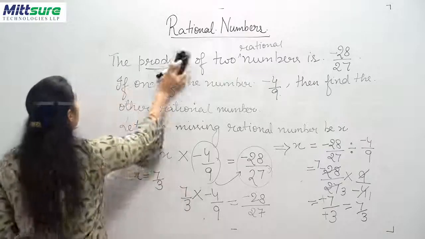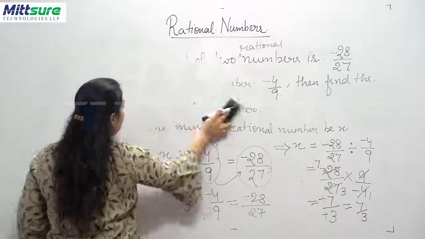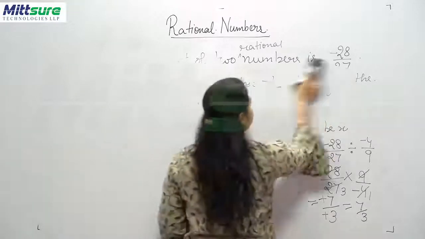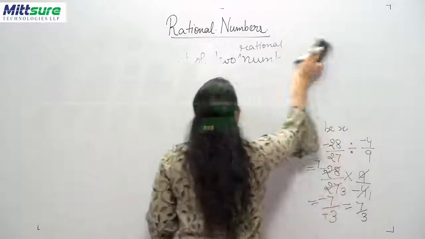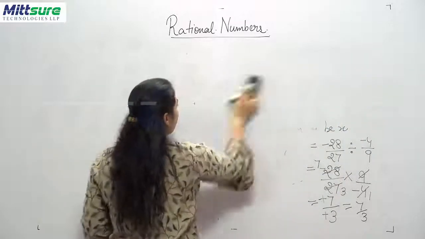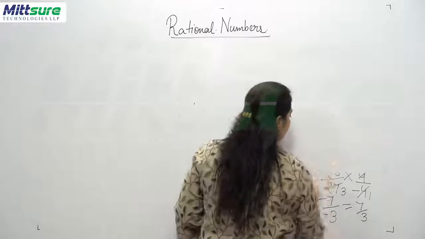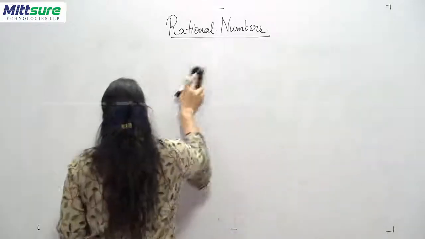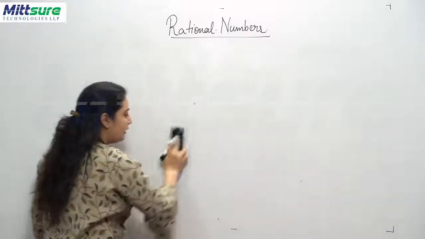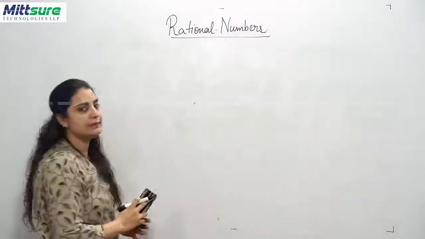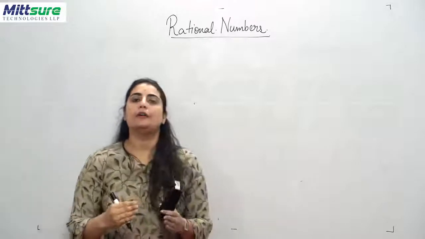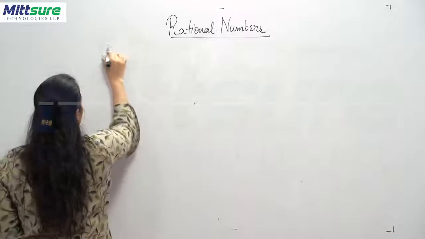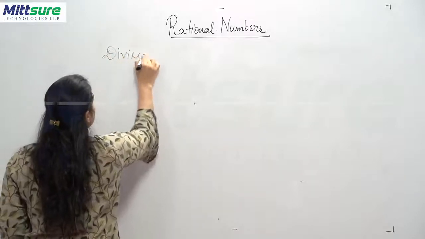Now let us talk about the properties of division of rational numbers. As we have already discussed, when we talk of the properties of rational numbers related to addition and multiplication, we have many properties. But when we talk of division of rational numbers, we do not have that number of properties. The first property that we talk of in division of rational numbers